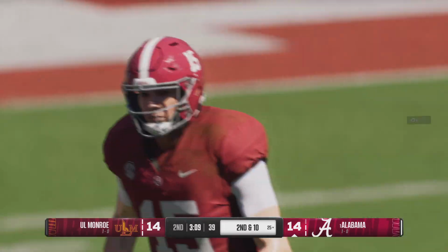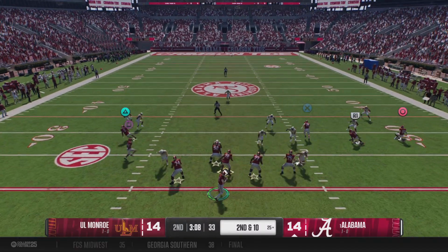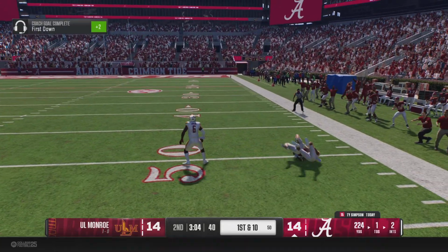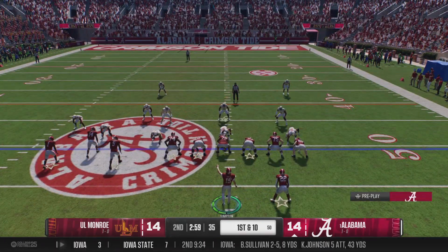And it slips through his fingers, incomplete. That would have been a huge game if he could have held on. After the incompletion, it's 2nd and 10 from their own 25. He's got an open man. And chunk plays are the name of the game, and they get one here before the defense finally makes the